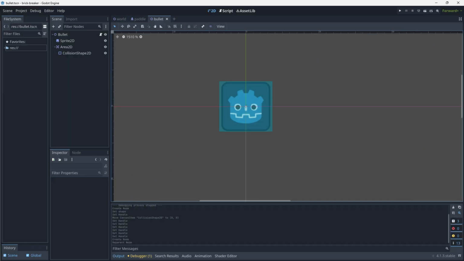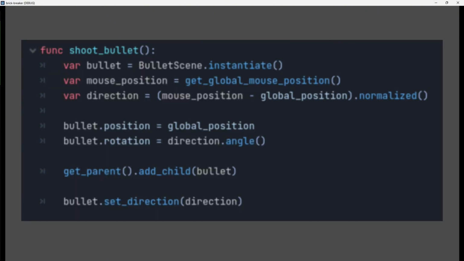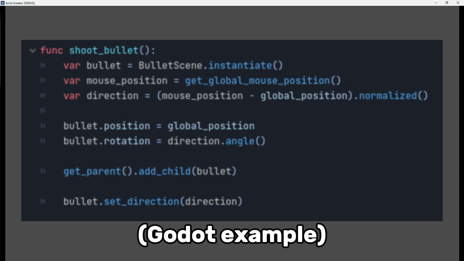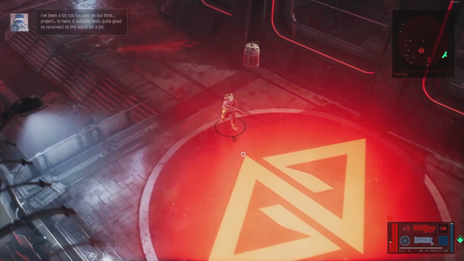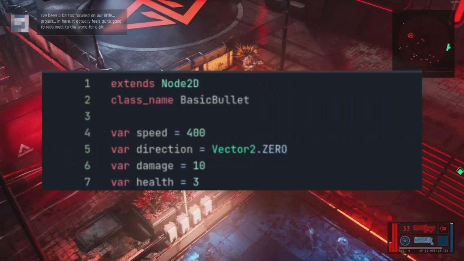You can just create an object like the ball you created for Breakout with a collider and a sprite, and a super simple script to move it in a straight line in whichever direction it's facing. Then, inside the player script, you will create a function to shoot the bullet in the direction of your mouse. Depending on your approach to the health system, the bullet may need a damage variable, and maybe even a health